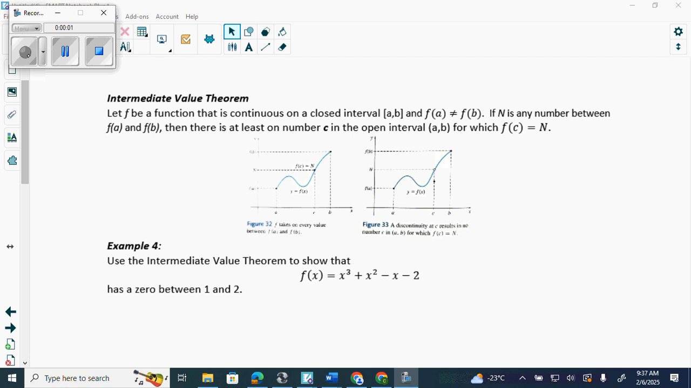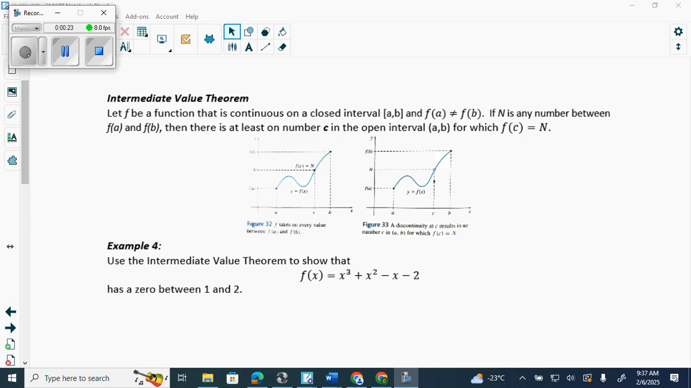The intermediate value theorem. Let f be a function that is continuous. It has to be continuous. That's a key thing. The whole function doesn't have to be continuous, but it needs to be continuous on a closed interval, so in some restricted domain. Closed interval means equal to. So there has to be a function that's continuous in a closed interval where f of a does not equal